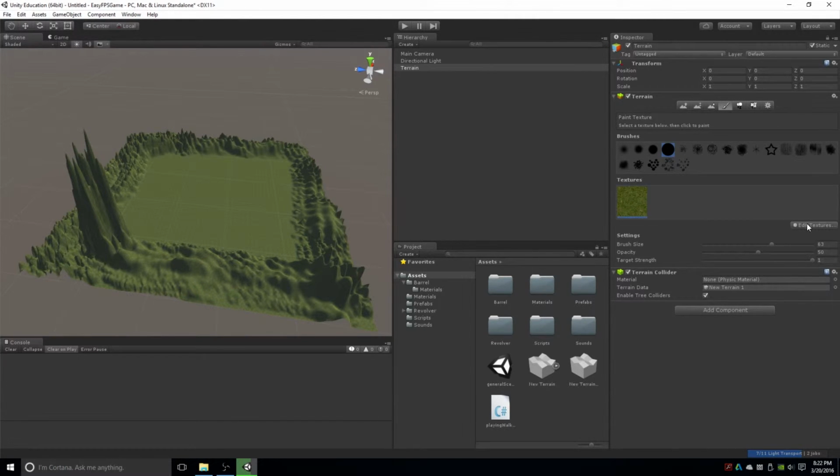So go again to Edit Textures and then Add Texture. And then we're going to select another one. This time we're going to select the Grass Rocky Albedo. And go ahead and select that one and add that one. And now to actually select it, you just click on it and you can tell it's selected when you have that blue line underneath. So I still have my big brush, and then I can just drag over the mountains